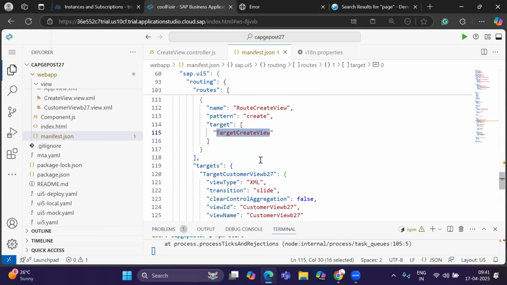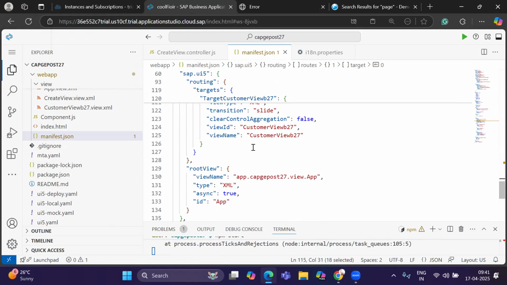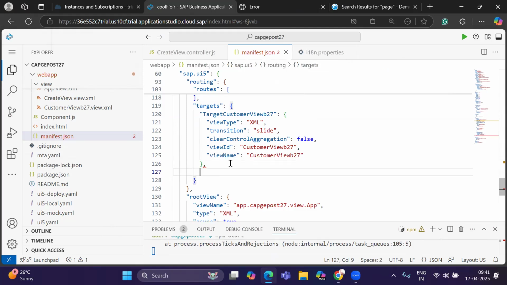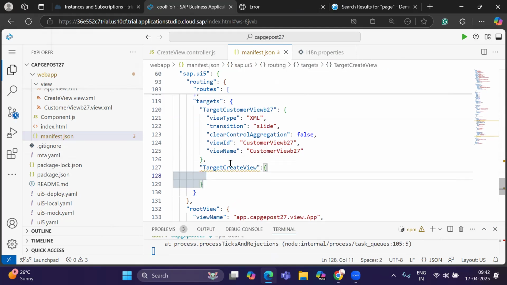No problem. Okay. Now I'm going to copy this. Rather, I'm going to copy the whole quotation also with it. Target create view. Come to the target section. In the targets, you need to see this is the first target that you see. Be careful of the curly braces. Put a comma. Come over here and put your target name with this colon and just hit enter and just come over here and